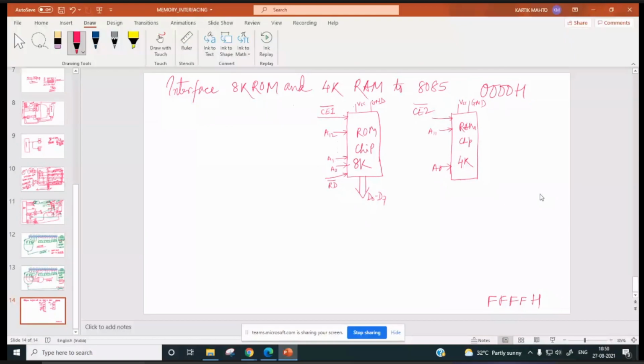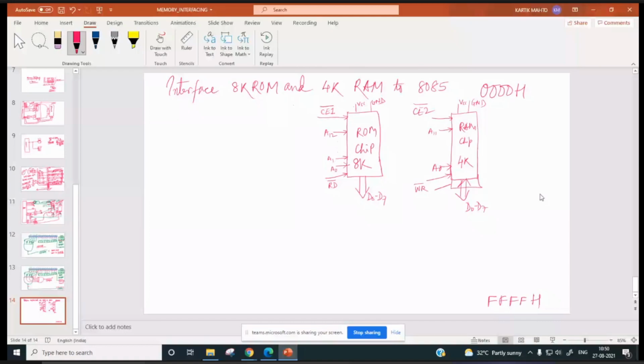D0 to D7, right? Write bar will be there. Read bar will be there.